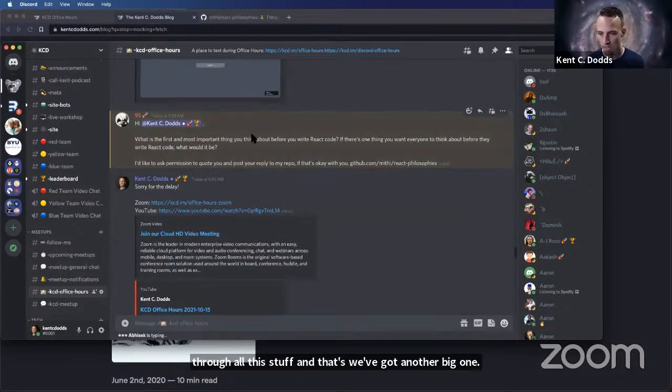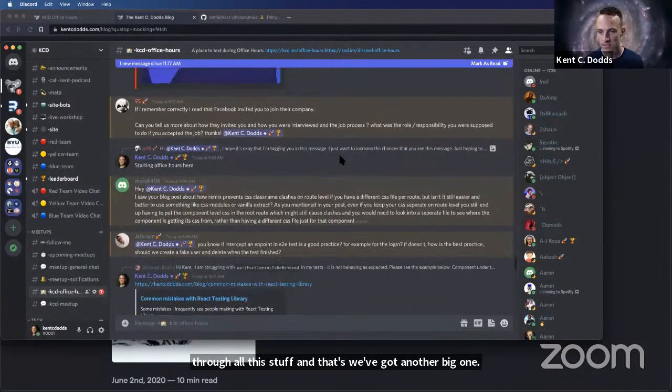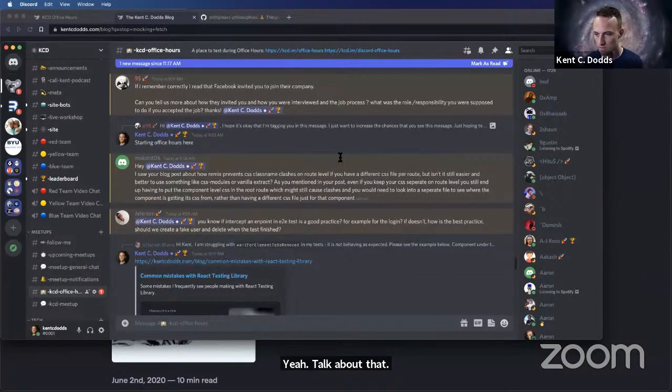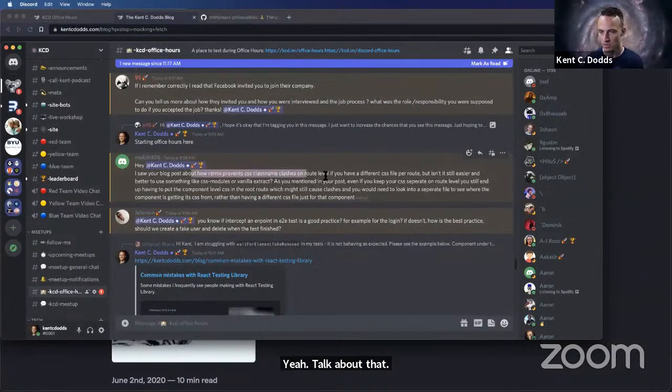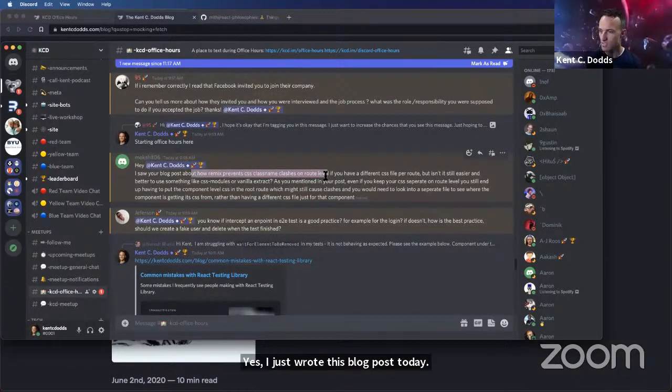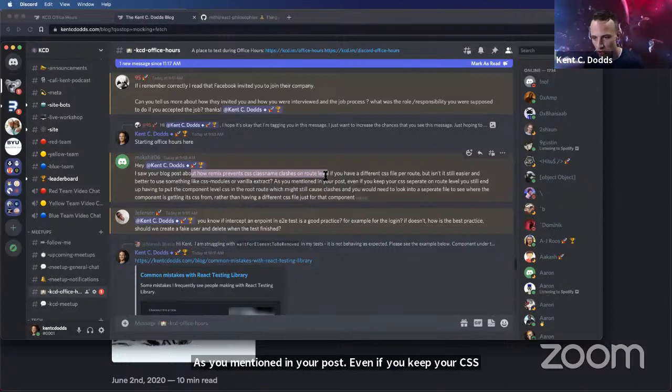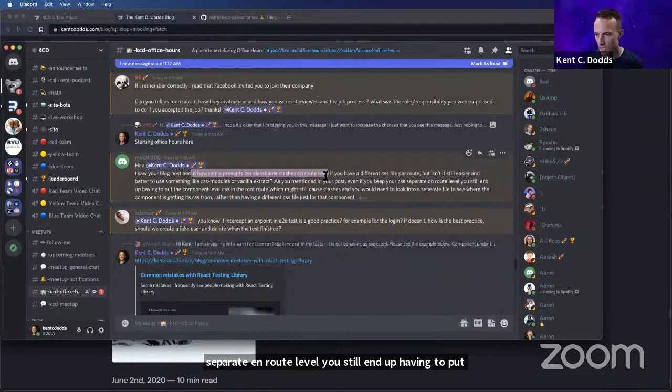Yep, talk about that. Yes, I just wrote this blog post today. If you have a different CSS file per route, isn't it easier and better to use something like CSS modules or vanilla extract? As you mentioned in your post, even if you keep your CSS separate on a route level, you still end up having to put the component level CSS in the root, which may cause clashes.